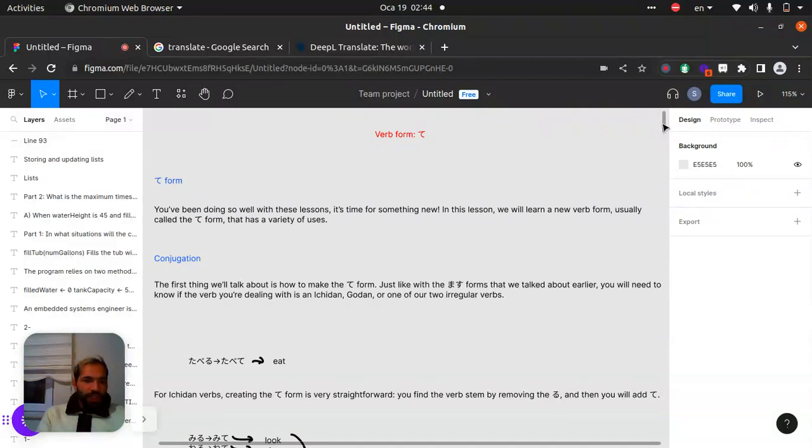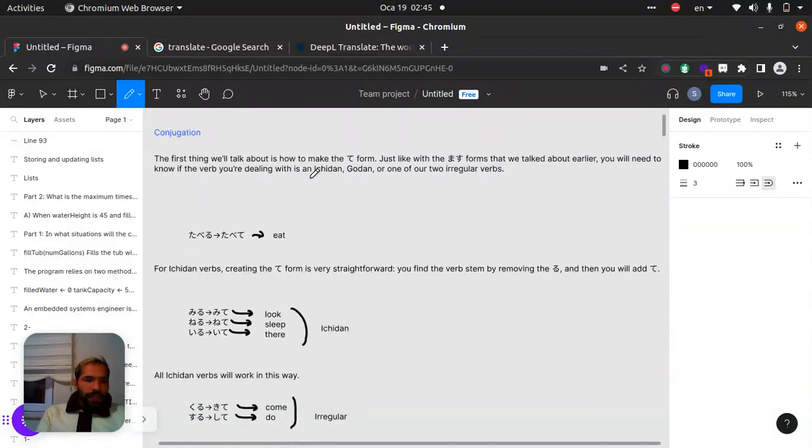Yes, conjugation. Let's check about conjugation. Let's take a pencil. We can put a tick in here. Right. What does conjugation mean? So the first thing we'll talk about is how to make the te form, just like with